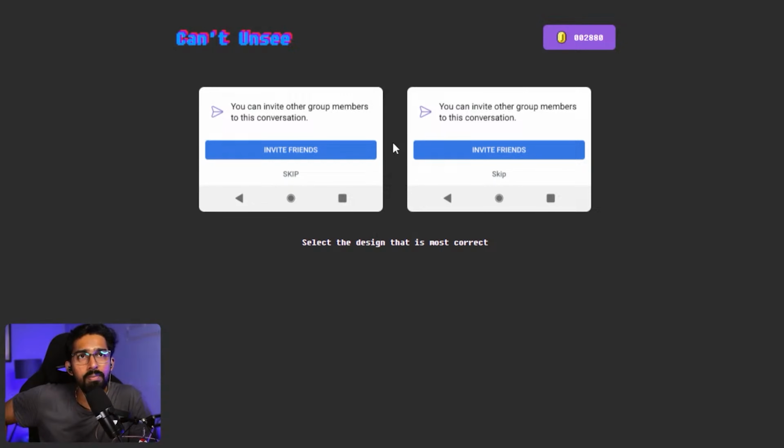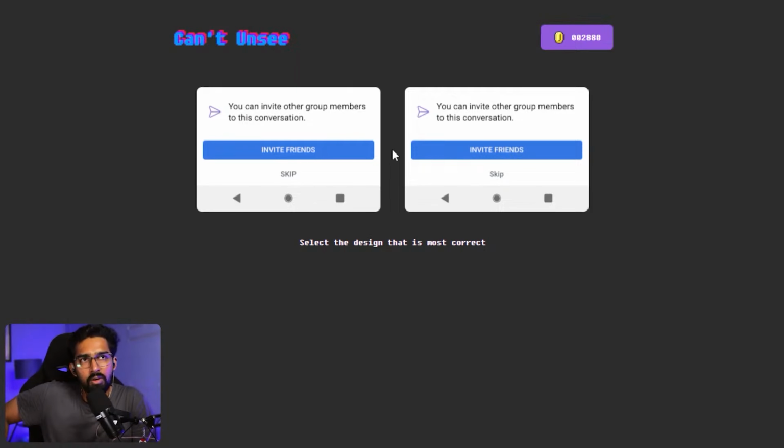One is wrong because the text capitalization is inconsistent, but the first letter is capital. I mean, the first alphabet is capital, so that is technically right. Left is wrong because we should make the user think of clicking the primary button. Coming to the app, you don't want to skip. Keeping skip in capital may attract, so skip in small may not attract the user.